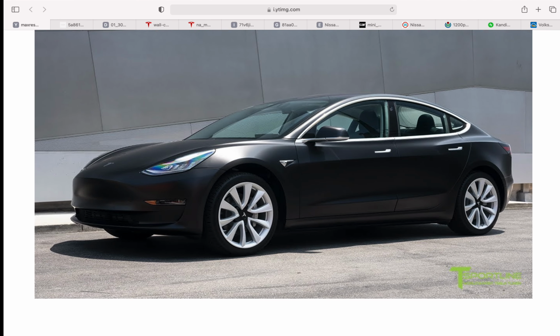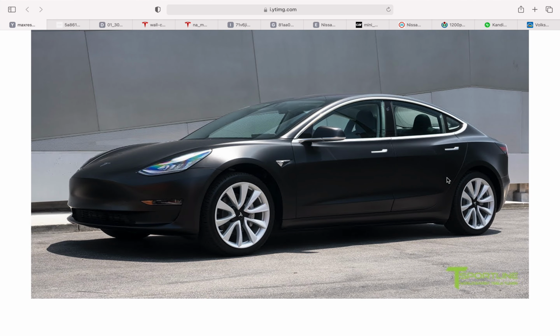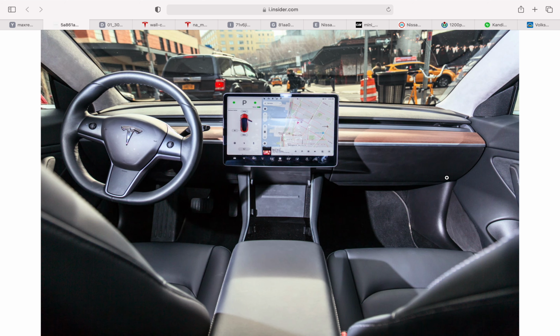So what exactly makes a Tesla tick? Well, first of all, actually, before we get to that, let me show you the interior. This is the interior, and for those of you who cannot see, basically it's a flat dash arrangement, and you can feel a rectangular opening. That entire opening is a single air vent,